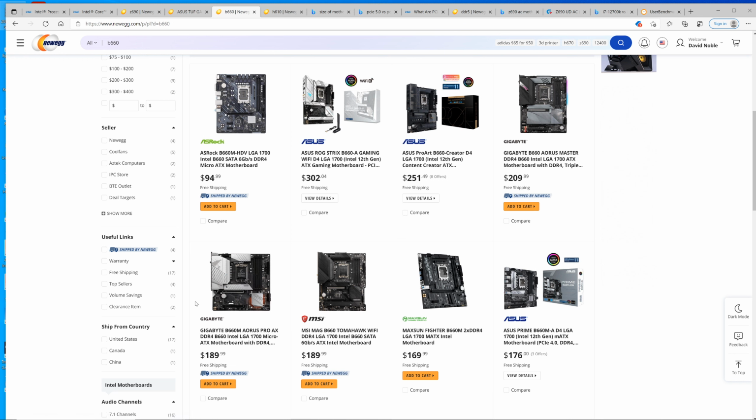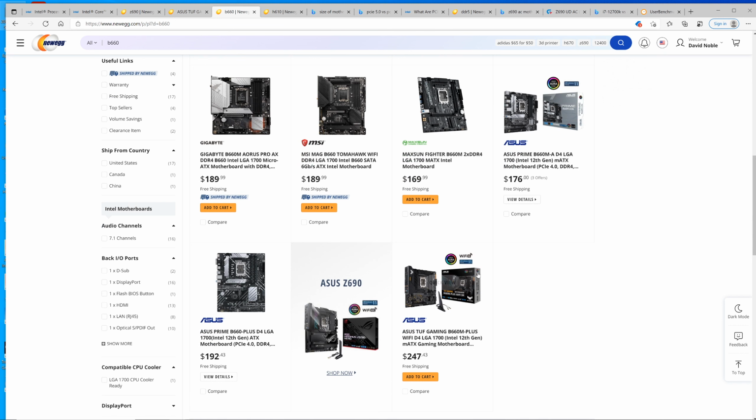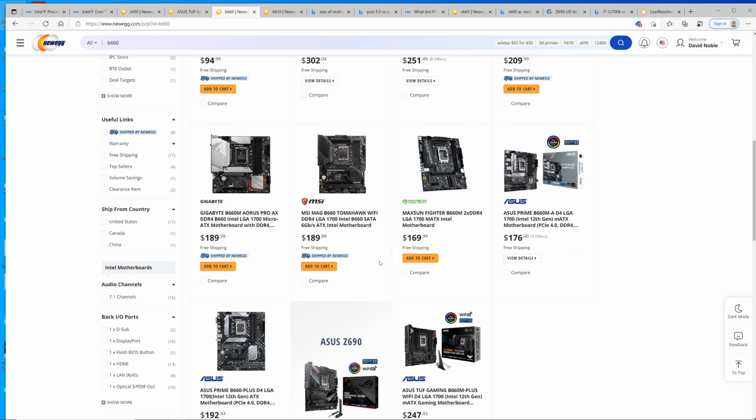It's actually pretty expensive, considering you can get Z690 for the price of some of these. So if the title has B66M in it, that means it is a Micro ATX board. If there's an I in the title, if it says B66I, that is ITX. Okay, if there's no letter behind it, most likely that means that it is a full size. Like right over here, this one has an M, this one does not. Okay, so